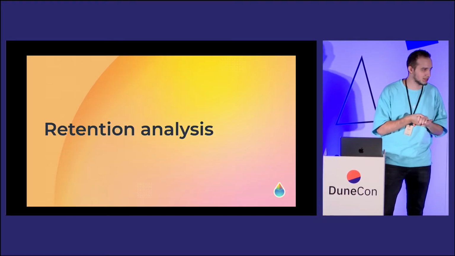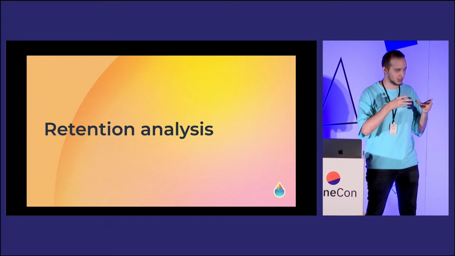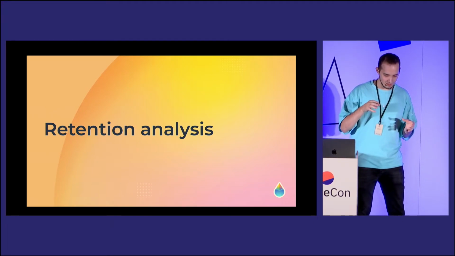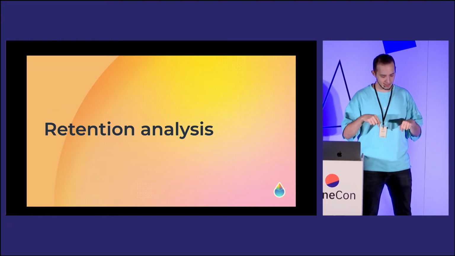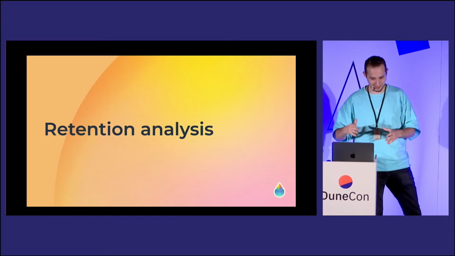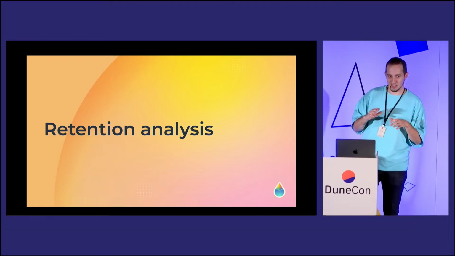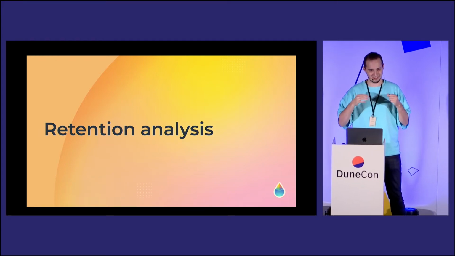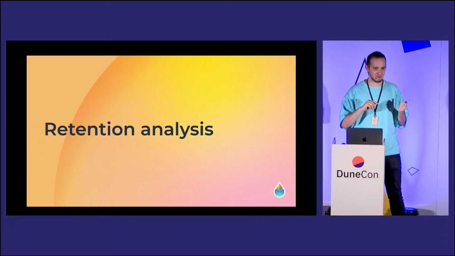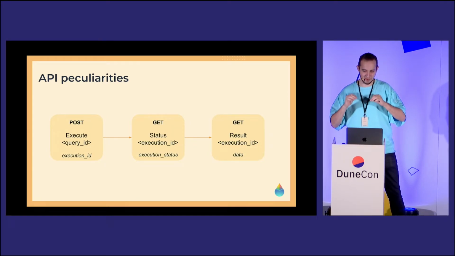Second case is related to retention analysis. Due to peculiarities of retention metrics, we could calculate it only for the current day, but we wanted to know the dynamics of retention to understand if users come to us or they are dormant. We basically don't have any solution to calculate it in dynamics, but Dune API provides us with some solution. And in order to explain this solution, I need to dive deeply into how exactly Dune API works.